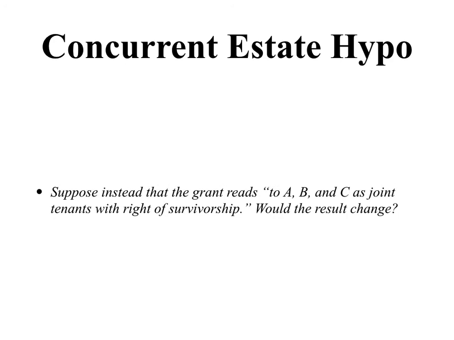So suppose instead that the grant read A, B, and C as joint tenants with the right of survivorship. Would the result change? Your answer should change, and the reason is that as soon as A transfers their interest to F, they have broken one of the four unities, because F takes on the property at that point